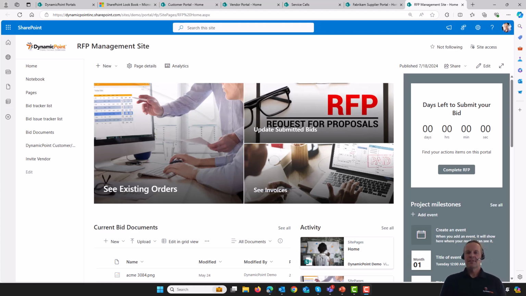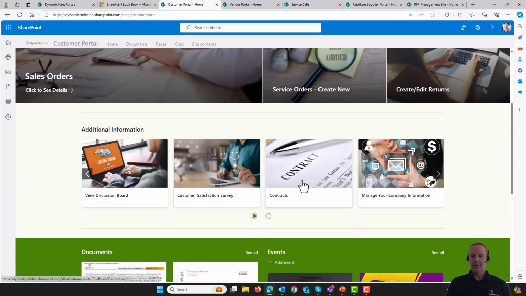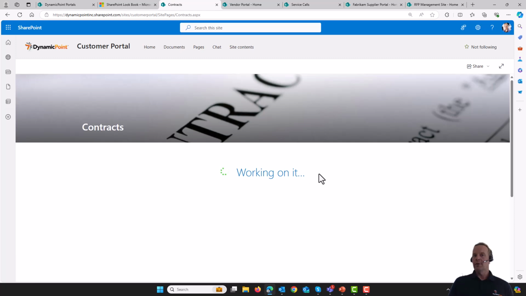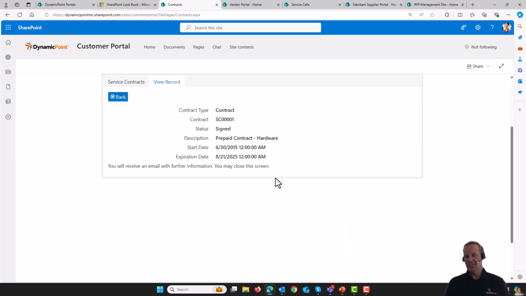So now that we covered some of the basics, let's look at some of the options for business automation. I'm going to click on my customer portal and look at the contracts that I have open for this customer, and maybe they want to renew a contract. Honestly, I'd probably send them a renewal notification such that they had a reminder. But for the sake of this demo, I'm going to click that renew button, which is going to kick off